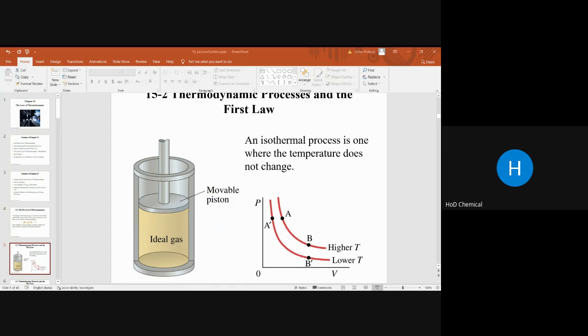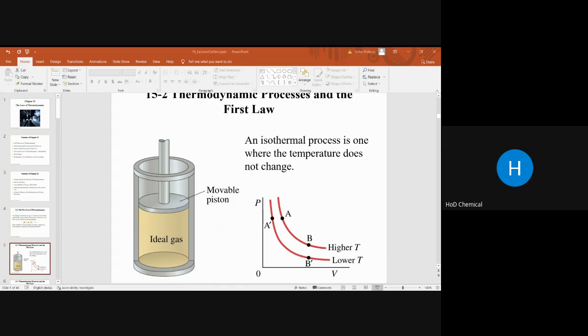A set of changes takes place in the mechanism of a refrigerator, but the temperature inside the refrigerator remains constant. Here the heat energy is removed and transmitted to the surroundings. Another example of an isothermal process is the heat pump. Now we can also discuss the difference between the isothermal process and the adiabatic process. The word isothermal means constant temperature.